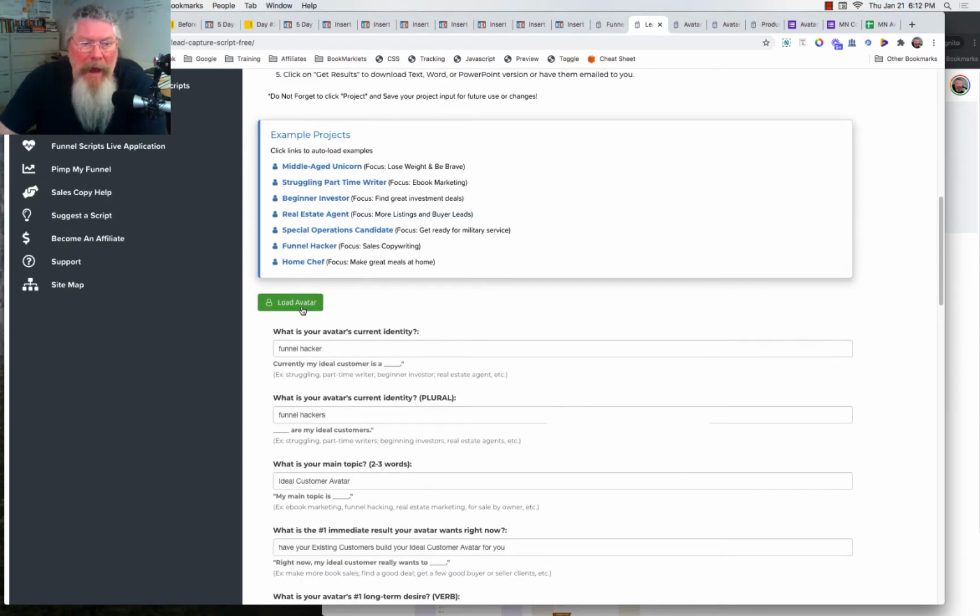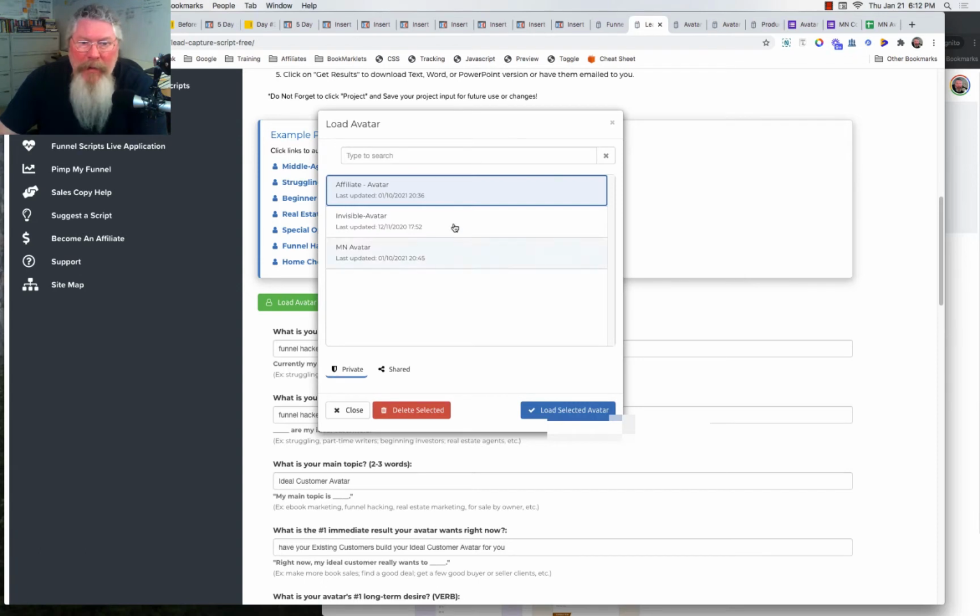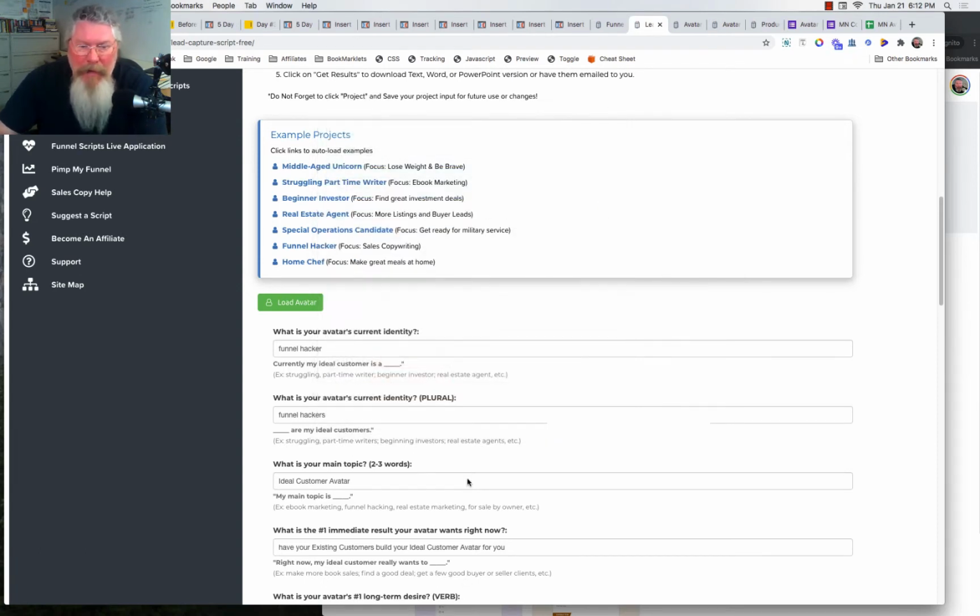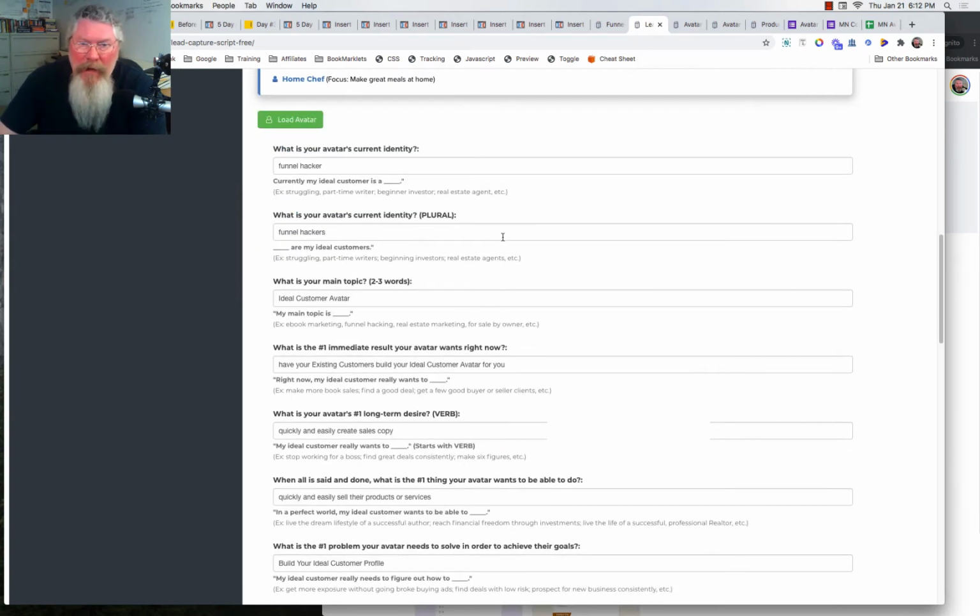But on top of that here, though, we have load an avatar. And so we open this up. We can pick an avatar. When we do that, it will pre-populate all these fields for you, so you don't have to think about it. It just does it for you once you create this avatar. That's why this is so powerful, is because we can come in here, create the avatar, and then